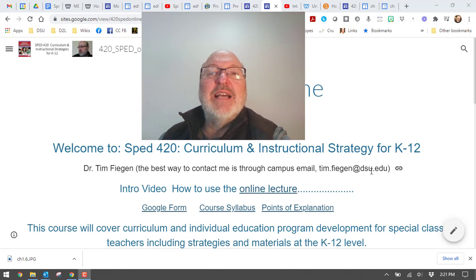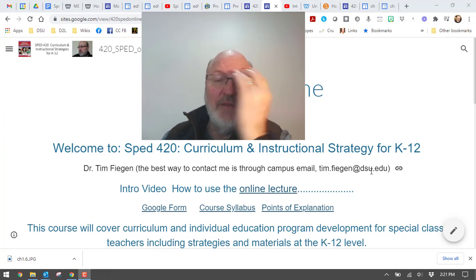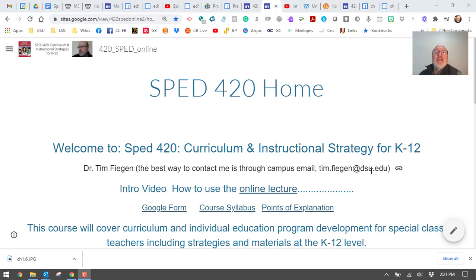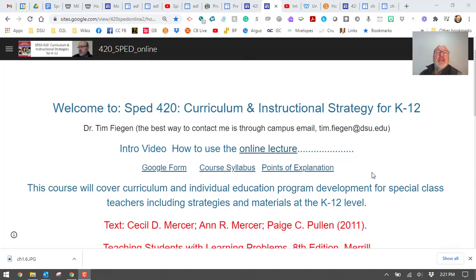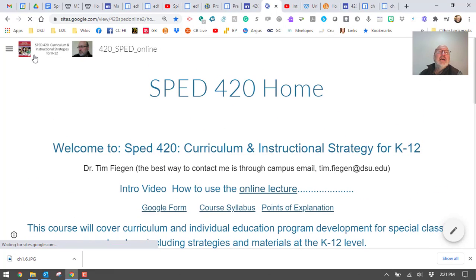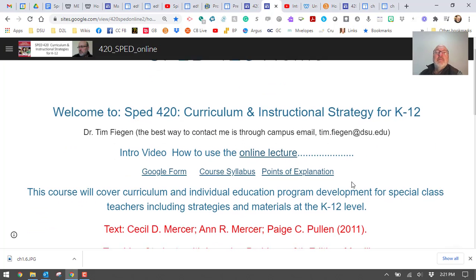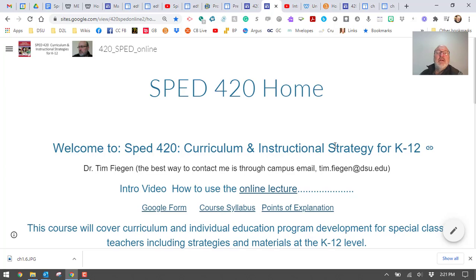If you've been in my class before, some of this is going to look familiar. But I must confess to you, this textbook is quite old and they have not put out a new one. And this model that I'm using looks like this, it has not had an update. So the tech still applies, but some of my stuff is kind of old, and so I'm going to ask